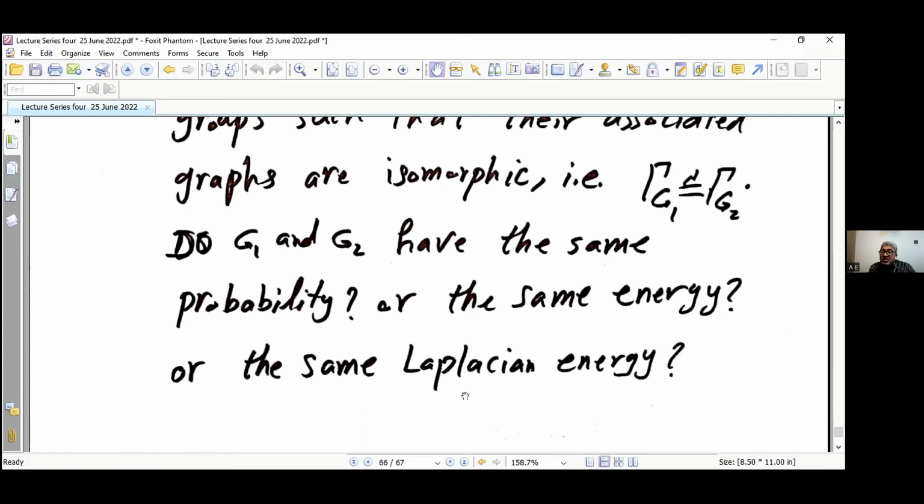So except the incidence matrix, for other matrices, if you find the eigenvalues of the associated matrix,